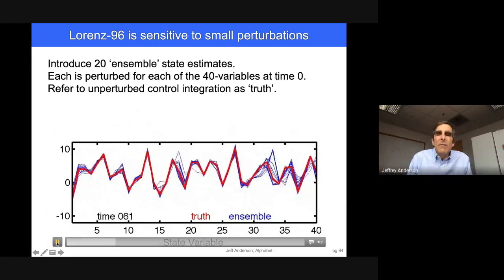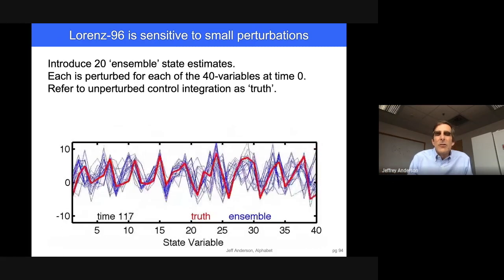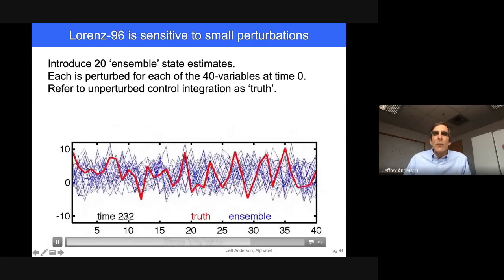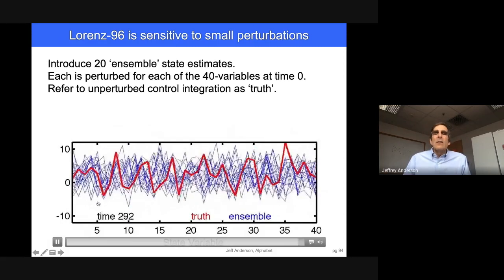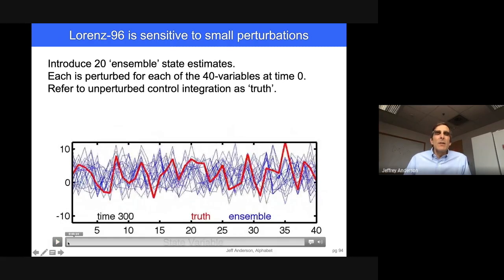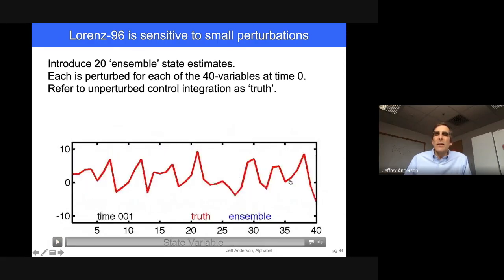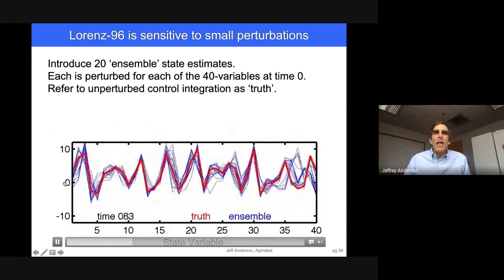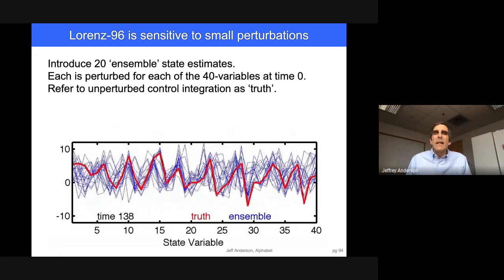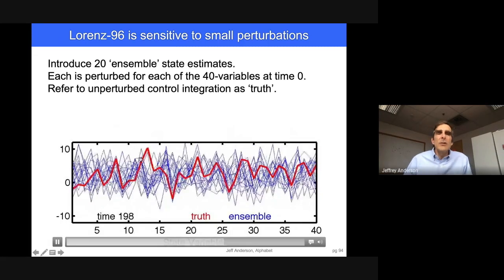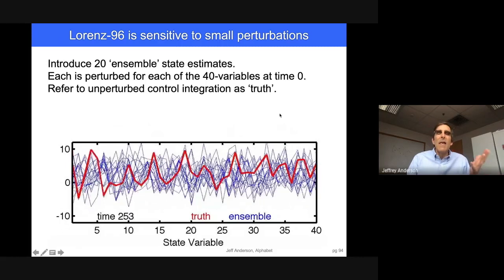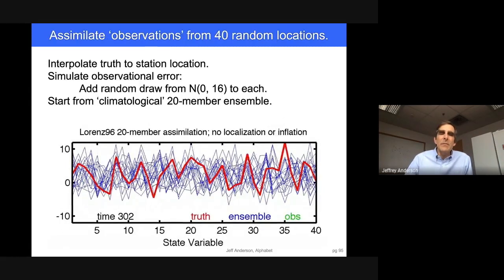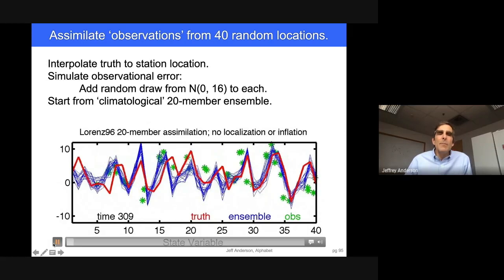And you can see that very quickly these little perturbations grow. And very quickly they become very large compared to the variability of the system. So that a forecast made even from an extremely accurate initial condition, like this one here, that forecast soon degrades in time. And so what we want to do now, just like the example I did with the ball, is we want to make predictions by using observations of this idealized weather around the latitude circle. So how I'm going to do that, simulate that,